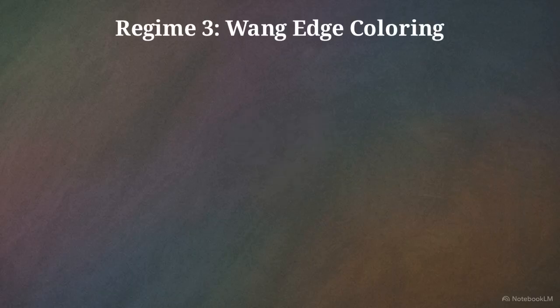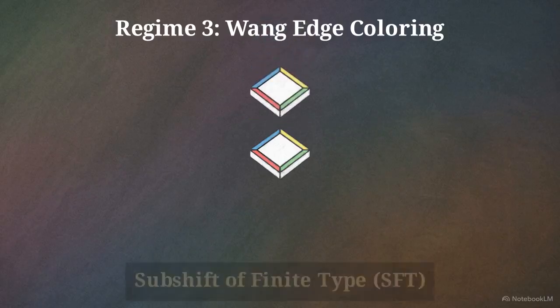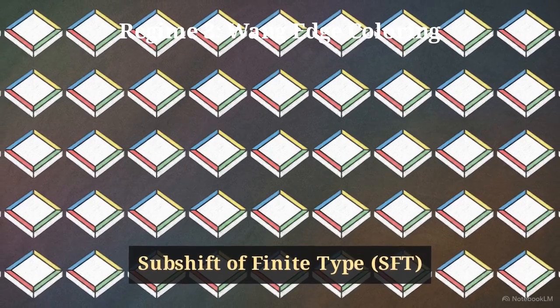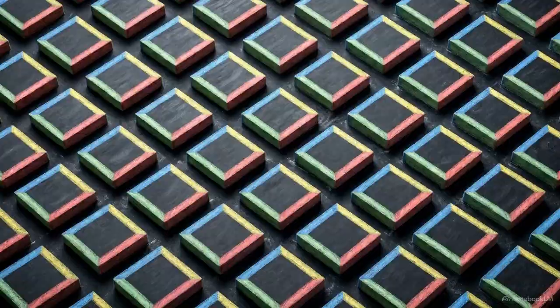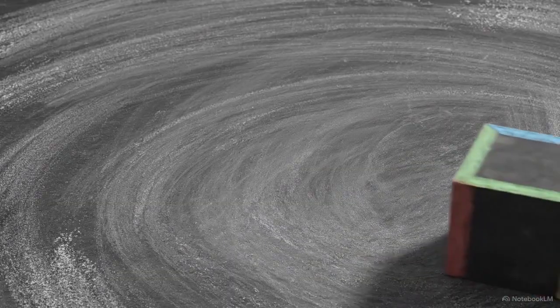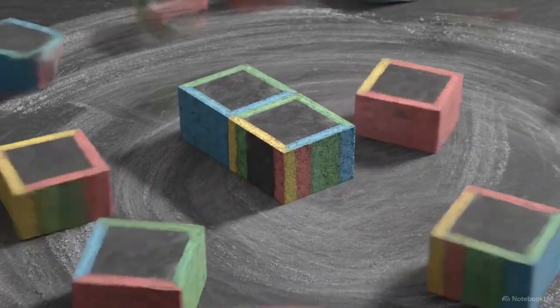Regime 3 is Wang edge coloring. We abandon polygons, morphing into rigid squares. Internal arrows become solid color bands, acting as absolute edge matching rules. If an adjacent edge color mismatches, the connection is mathematically rejected. This defines a 2-dimensional subshift of finite type. The edge colors themselves now function as the computational law defining global admissibility. They dictate the sequence of the subshift. This regime prioritizes pure computability. Geometric shape and its metric realization are intentionally abstracted away. Wang edge coloring proves that the structural rules of aperiodicity can be cleanly encoded into a finite alphabet, existing independent